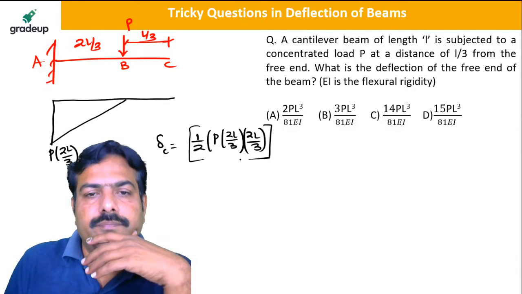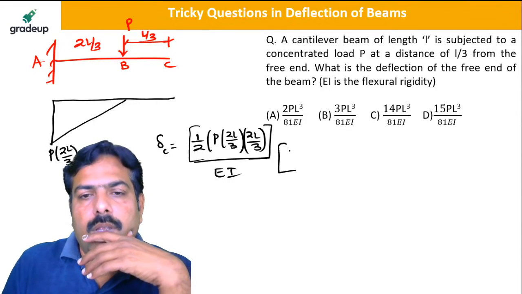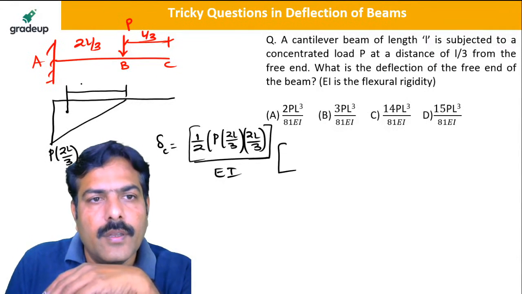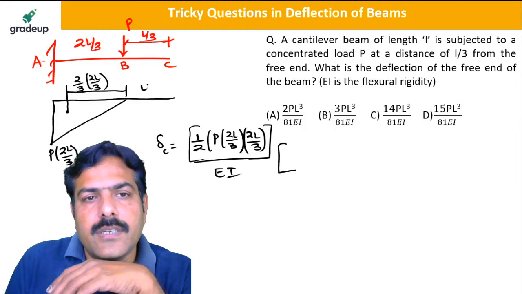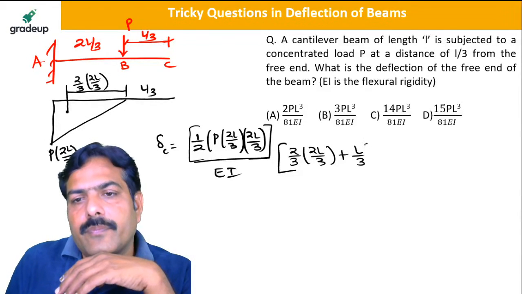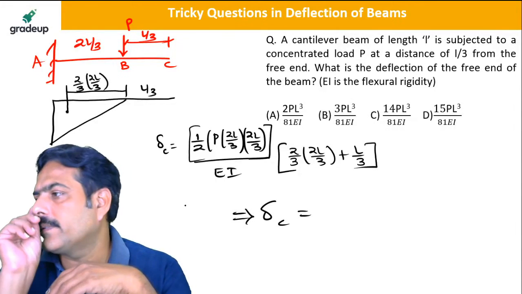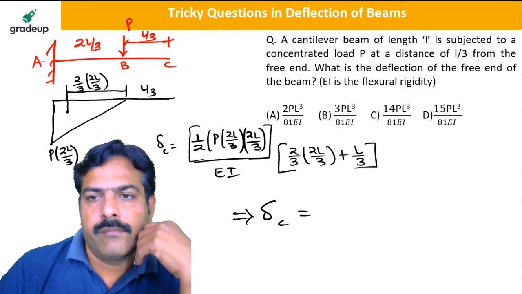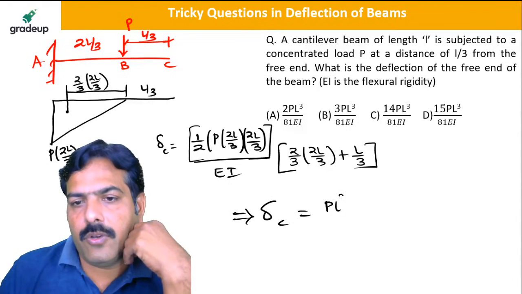is the area upon EI, and x bar is to be taken from this centroid point, which is at a distance of 2/3 of 2L by 3, and this distance is L by 3. So it is 2/3 of 2L by 3 plus L by 3, and solving this will give the value of delta C equal to how much? So it is PL cube by EI,